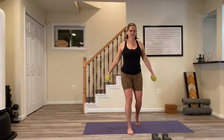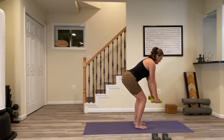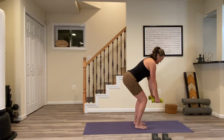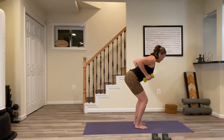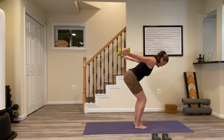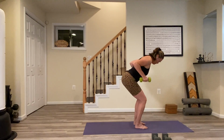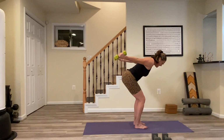And we are double setting this one, meaning 2 exercises before we move along back to the front. Hinge at the hips, weights drop straight down. And then like a row, pull up, tricep extensions from here. You press back 10, pull it in, 9, in, 8,